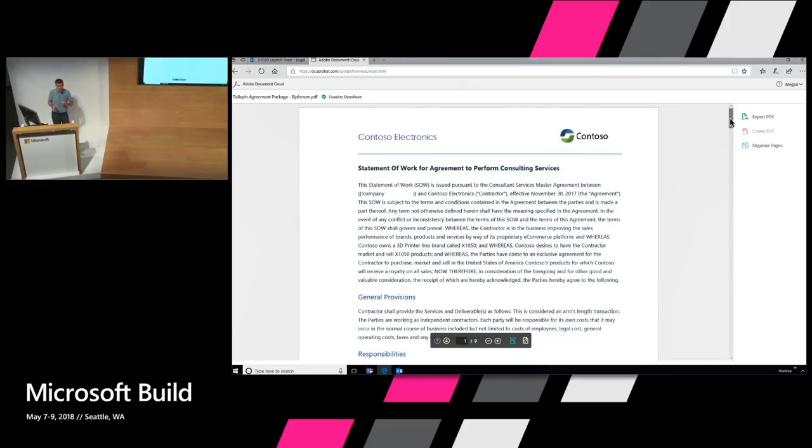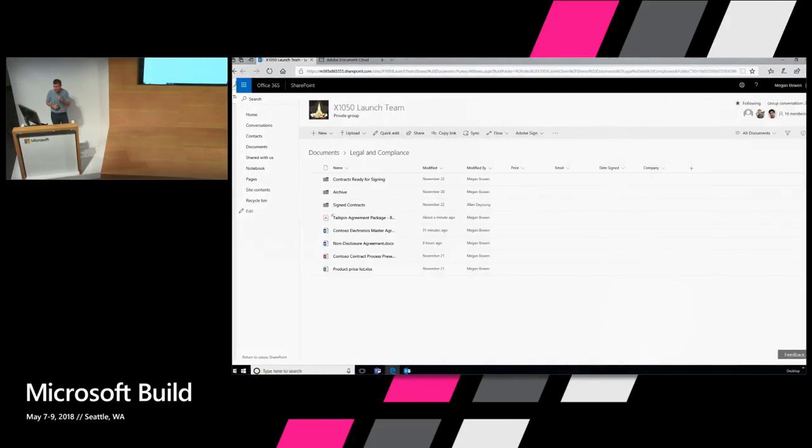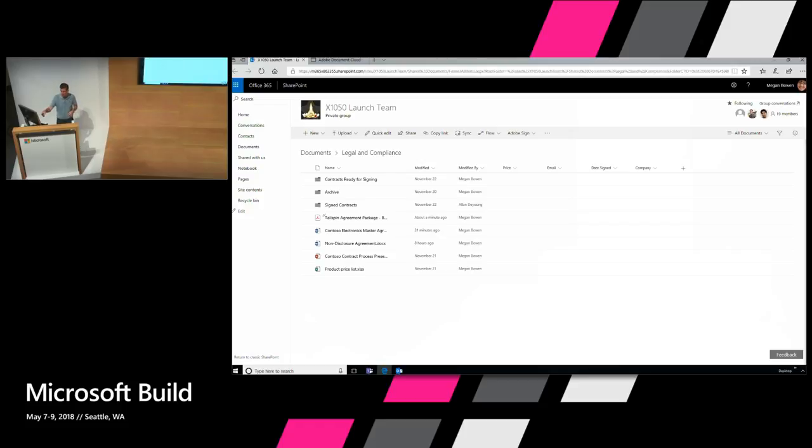So if we switch gears back to SharePoint, we're going to see this new document living there with the little blue new document icon there on the left. And we're going to start off the process where Megan then needs to share this document out with Brian. And rather than sharing this individual template and simply getting the equivalent of a wet ink signature, this can kick off a workflow where, more than signing the document and getting a legal agreement in place, she can now go ahead and actually capture information.